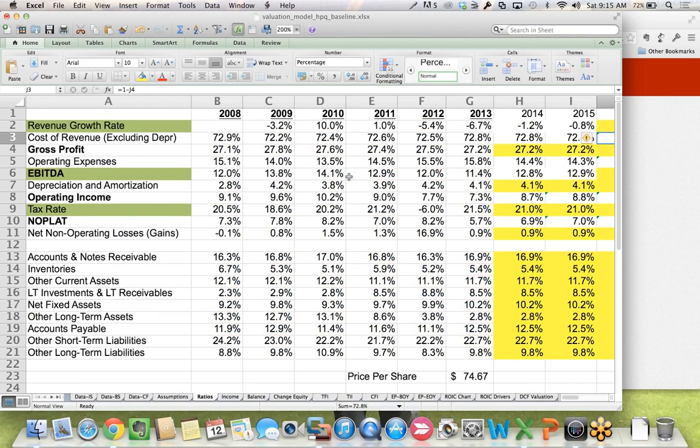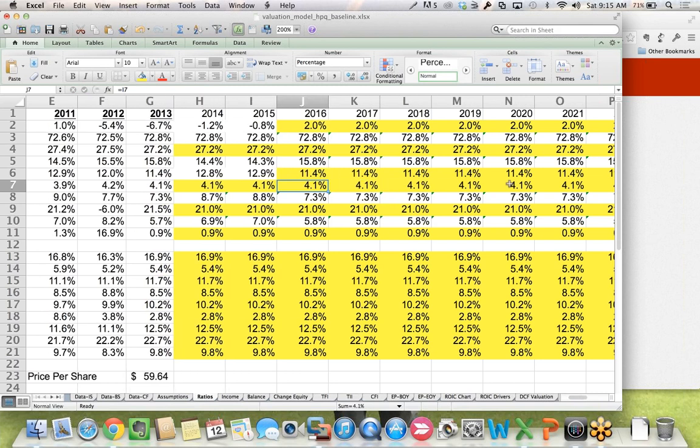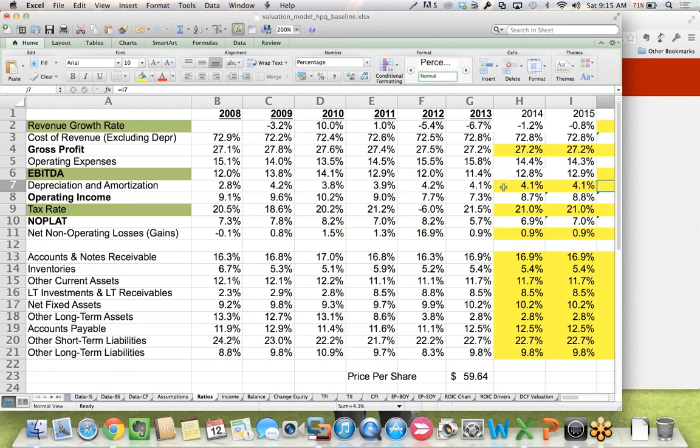So if I go here to our EBITDA margin, then I would say they were at 2013, they were 11.4%, and then 12% below that. Obviously, they've been improving some cost margins through some cost cuttings the last 2 years. But what if their EBITDA starts to go down again? And so in this case, if we go back down to where they were, 11.4, then we're back at $59 a share, which suggests also, by the way, if I have a 2% revenue growth,